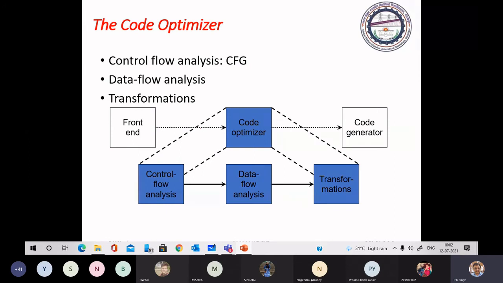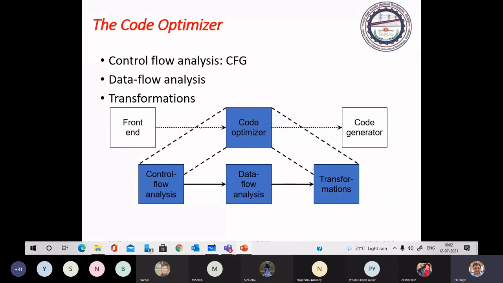Actually we have two types of optimization. One is the general optimization related to the code, where we identify the redundancy and perform several restructurings for improving the efficiency.